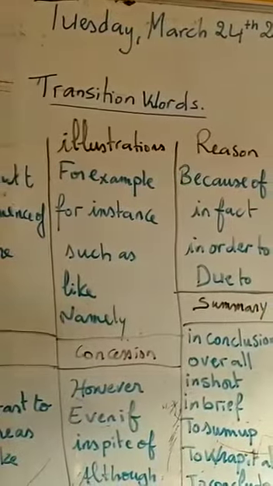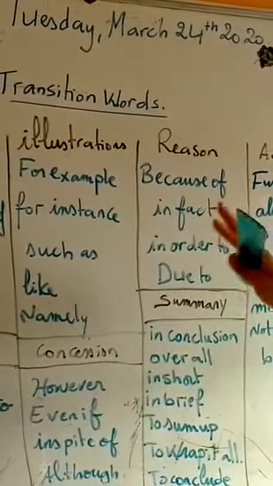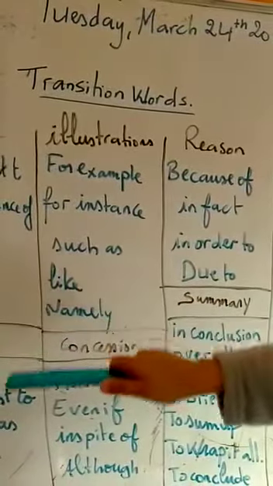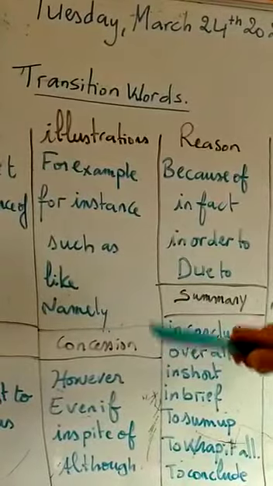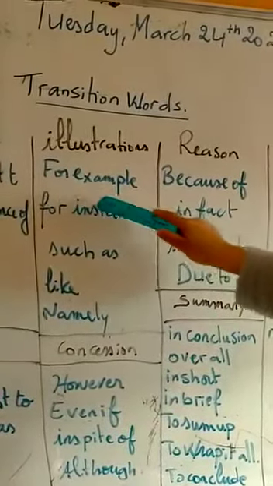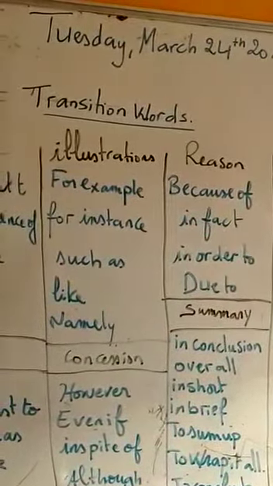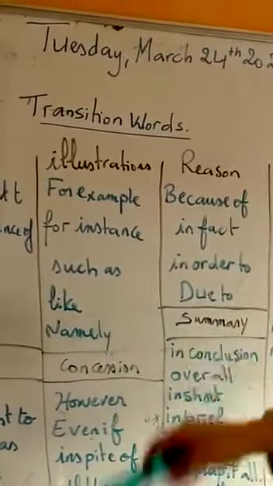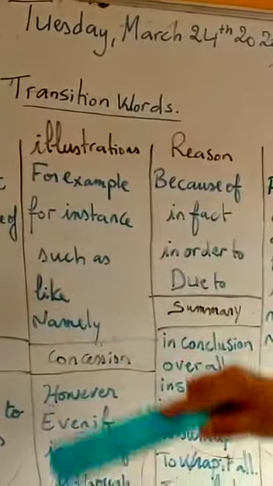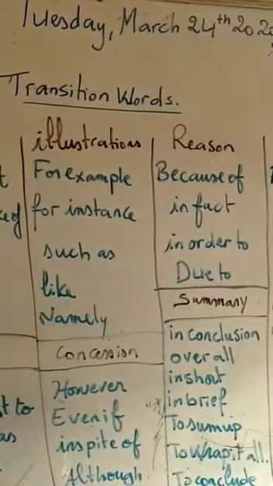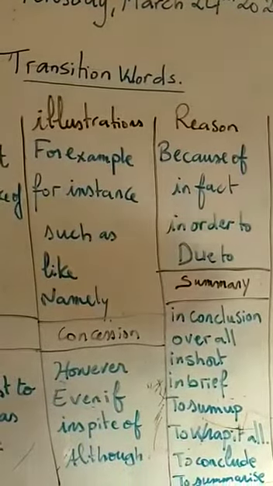Or wait, I will give you another example. We have two problems, namely the cost and the expense. Or we have two problems, for example, the cost and the expense. Or we have a lot of problems, such as the cost and the expense. Is it okay? If I want to give examples